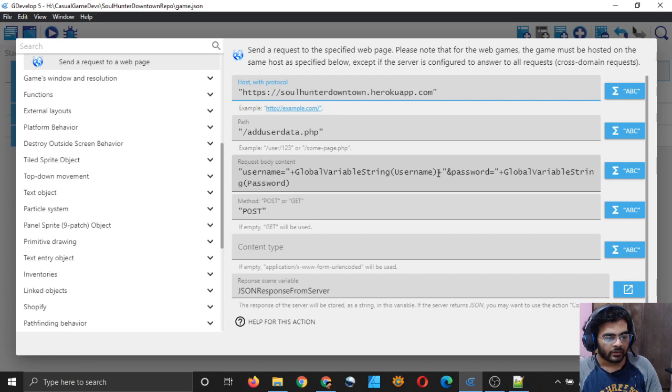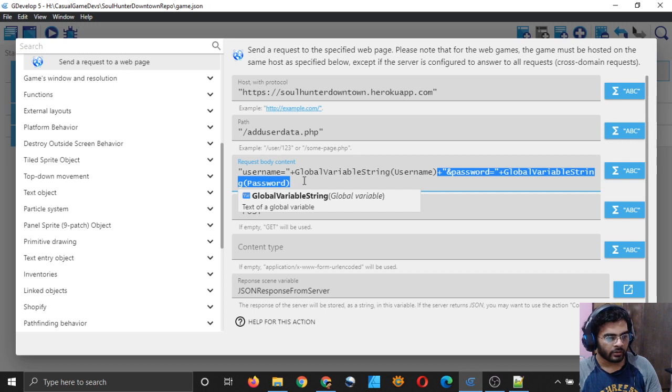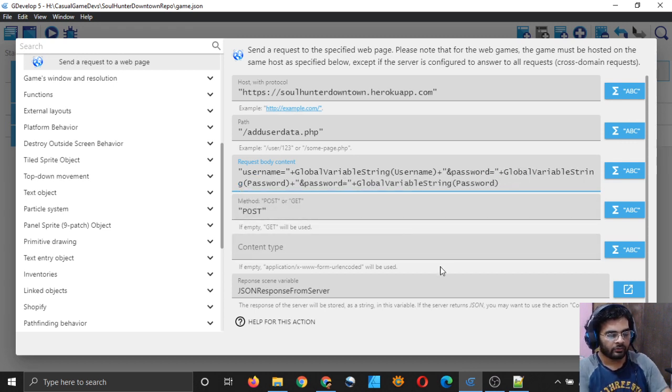You can see this plus, from this plus just copy it all the way till the end, and paste it, and instead of password you should write profile picture, and instead of global variable string password you should pass global variable string profile picture, right?